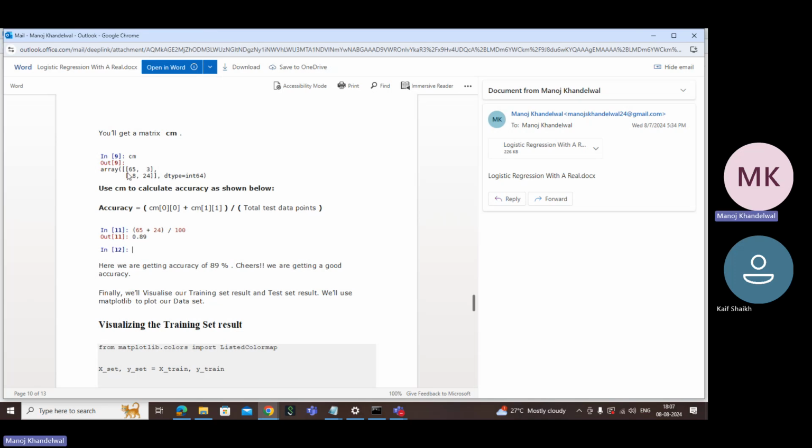एक्चुअली यहाँ पर कन्फ्यूजन मैट्रिक्स में क्या होता है कि 0, 0 प्लस 1, 1, 0, 0 मतलब कि एक्चुअल आउटपुट भी 0 था, प्रेडिक्ट भी 0 किया। एंड CM11 मतलब एक्चुअल आउटपुट भी 1 था और प्रेडिक्ट भी 1 किया उसने। तो ये 65 + 24, तो इतना उसने प्रेडिक्शन करेक्ट किया है, राइट। दैट डिवाइड बाय टोटल कितने थे अपने पास, 100 पॉइंट्स थे। टोटल 100 है, राइट, ऑब्जर्वेशंस। सो दैट गिव्स यू एक्यूरेसी।